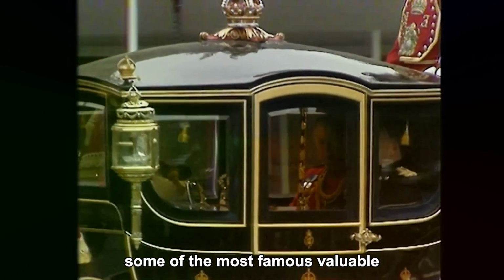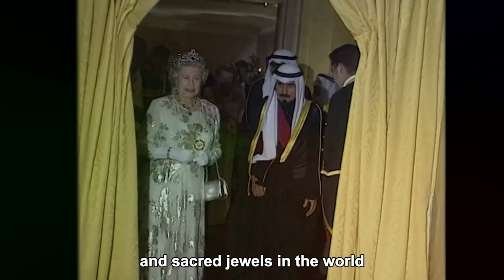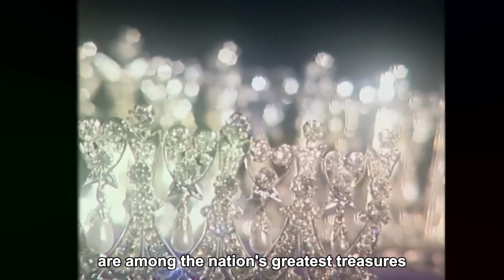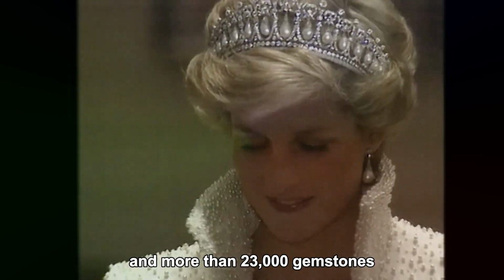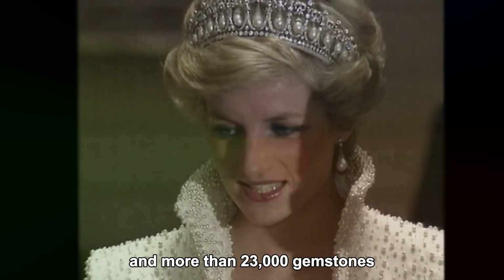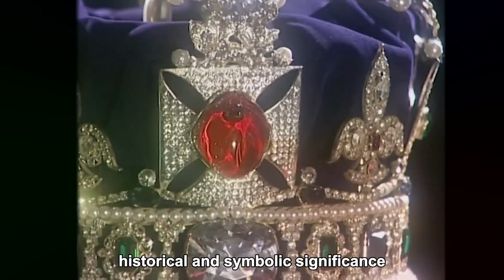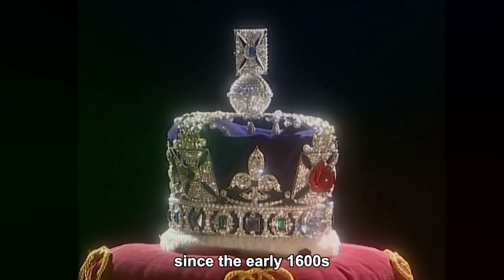Some of the most famous, valuable and unique collections of ceremonial and sacred jewels in the world, the crown jewels of the United Kingdom are among the nation's greatest treasures. Consisting of over 100 objects and more than 23,000 gemstones, the crown jewels are nearly priceless. With immense cultural, historical and symbolic significance, these jewels have been safeguarded at the Tower of London since the early